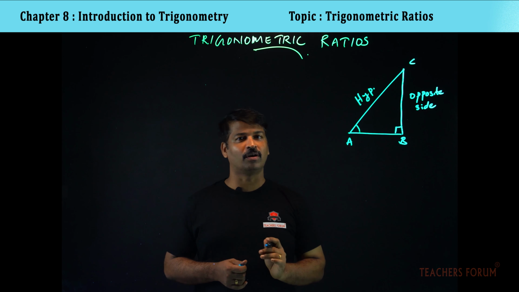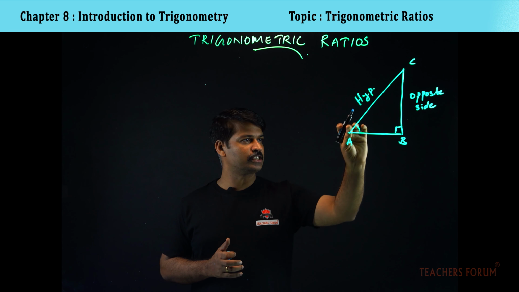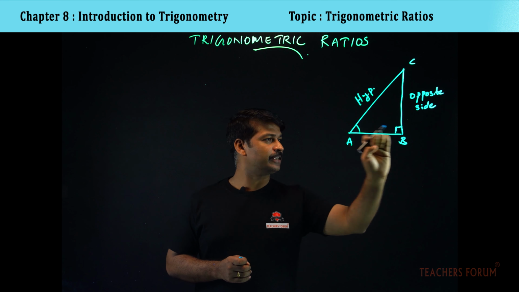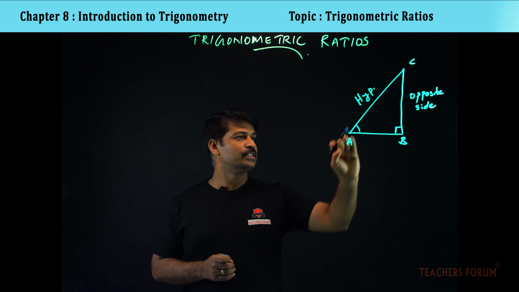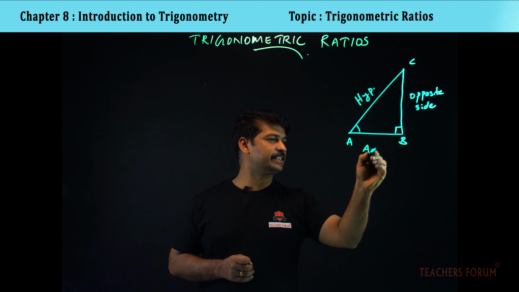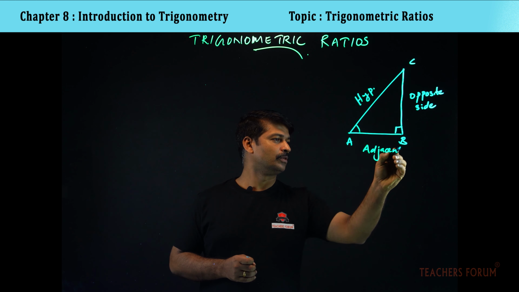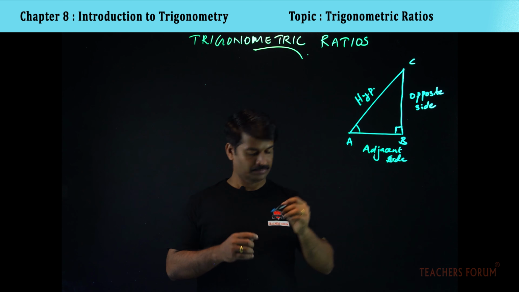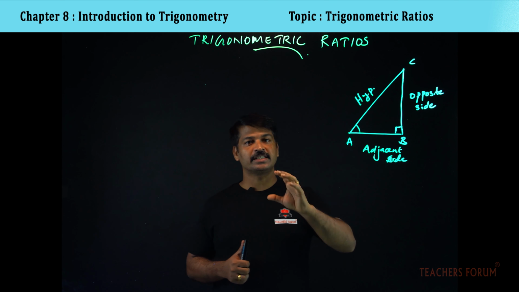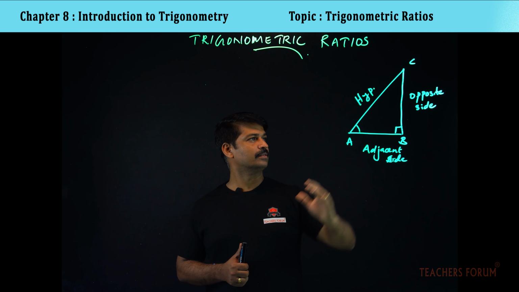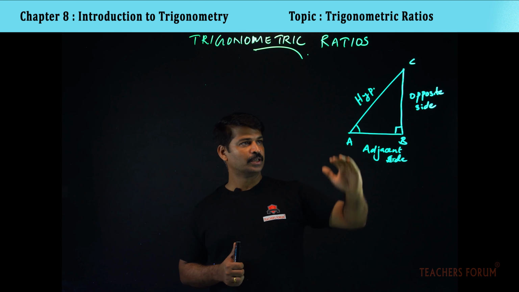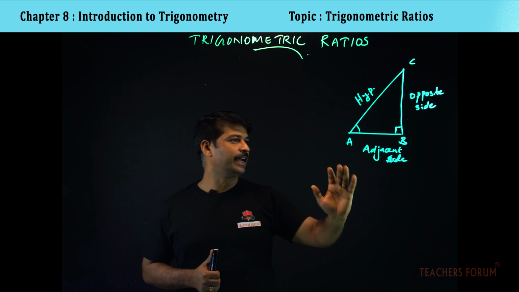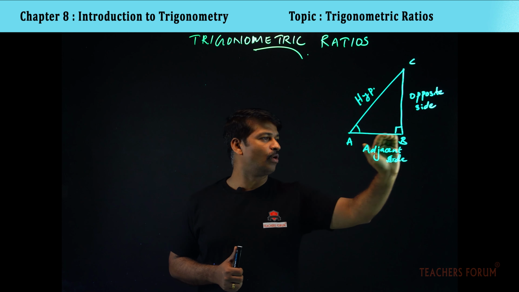Now, AB is called the adjacent side. With respect to angle A, AB is adjacent to angle A, or AB is a part of angle A. Then we call AB the adjacent side. So we discussed two terms here. First one is opposite side. With respect to angle A, BC is called the opposite side,